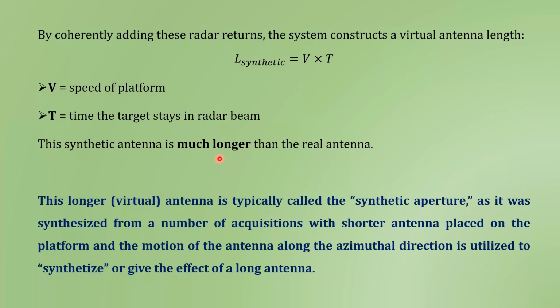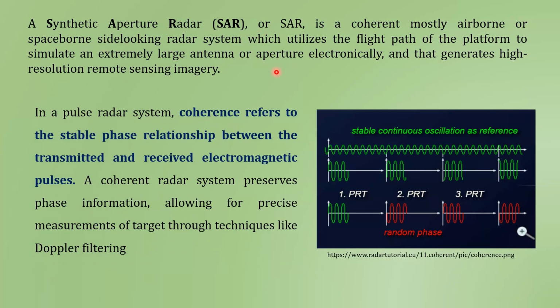If you note, here we use one term, coherently, and in some places you will find this definition for synthetic aperture radar: it is a coherent, mostly airborne or space-borne side-looking radar system which utilizes the flight path of the platform to simulate an extremely large antenna or aperture electronically, and that generates high resolution remote sensing imagery. So, in a radar system, coherence refers to the stable phase relationship between the transmitted and received electromagnetic